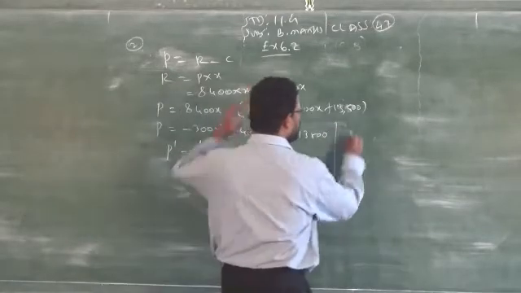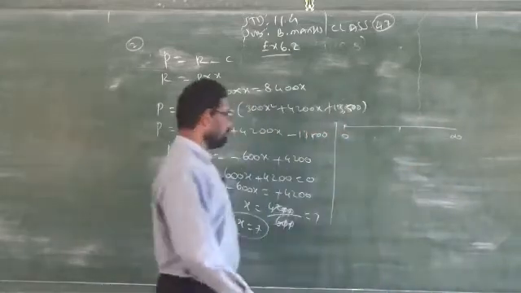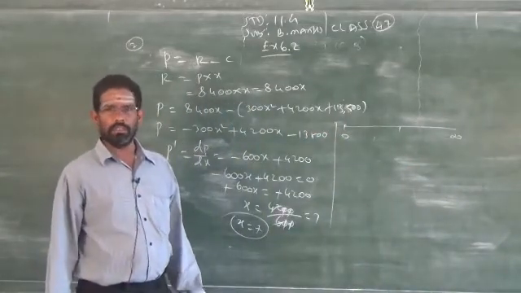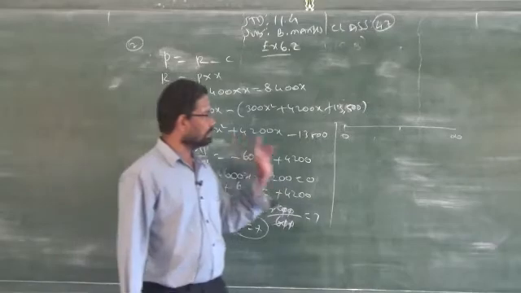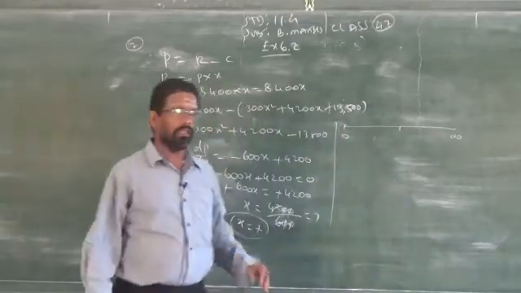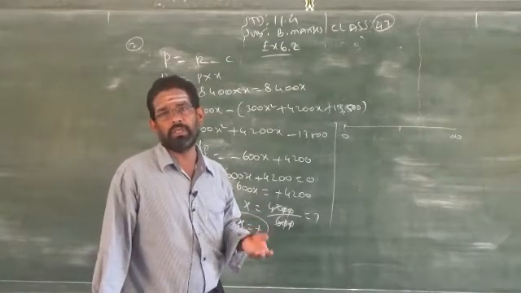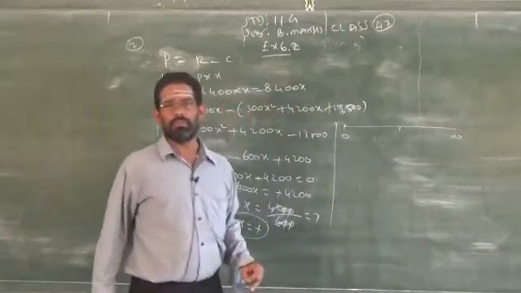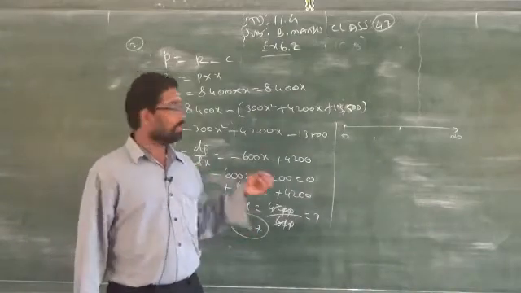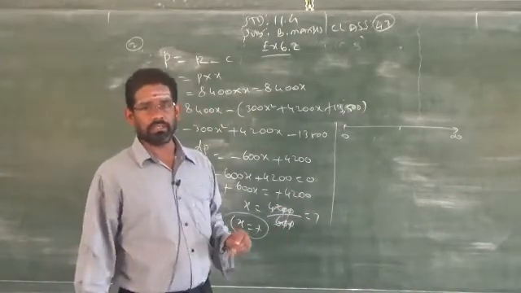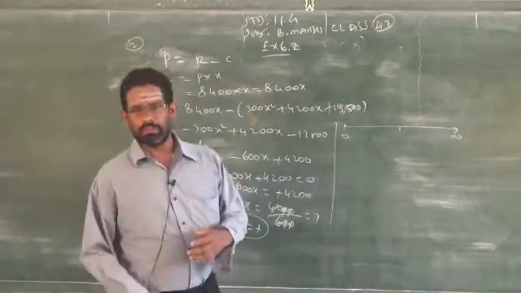Clear? Now you will go for the number line. Profit cannot be negative. I told you already, it depends upon the question. You have to take 0 to infinity or minus infinity to plus infinity. When it is not mentioned, if it is only a cost or revenue function, in such a case you have to take minus infinity to plus infinity. When it refers to rupees, rupees cannot be negative, that is cost, revenue, profit, you please start the number line always from 0 to infinity. In the first problem, just for explanation purpose I did from minus infinity to plus infinity. In that case also I did not take negative value because it is given cost. If the given question refers to cost or revenue or profit, you please draw the number line from 0 to infinity.